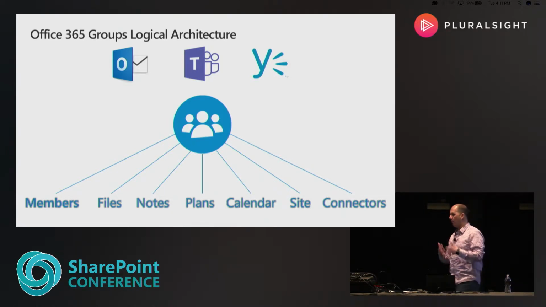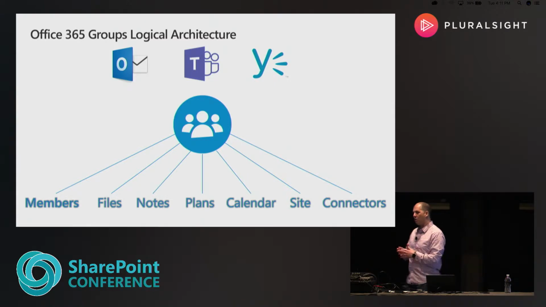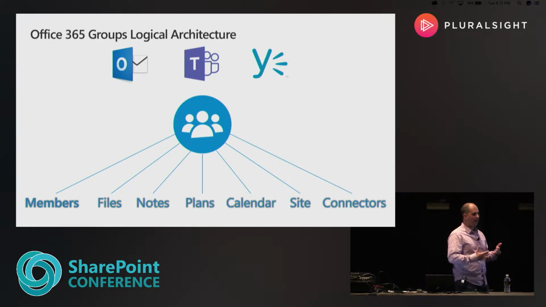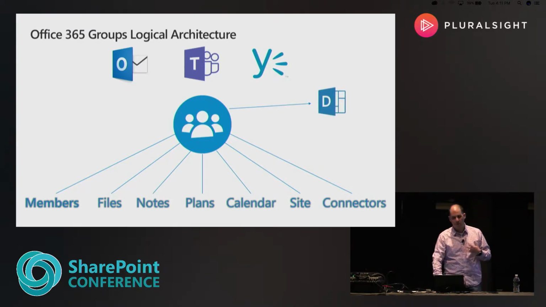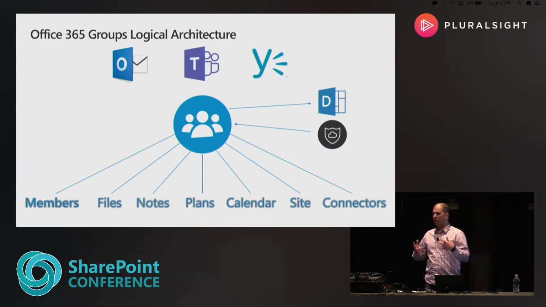And Yammer recently was given the option to start to use Azure Active Directory for the identity store. And once we do that, Yammer can start to have groups provisioned that store the content inside of Office 365 Groups as well. And that's really important as we think about security and compliance. It's important as we think about visibility from a user from search, whether it's coming through the SharePoint Home or through Delve, as well as those policies we're going to define for security, compliance, as well as things like auditing